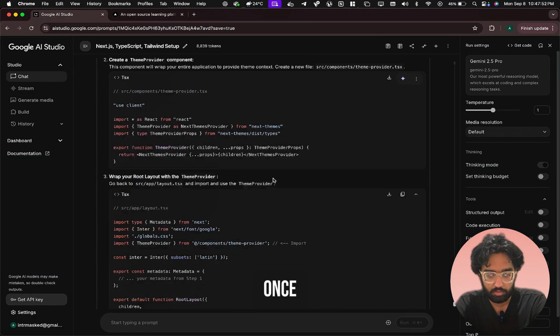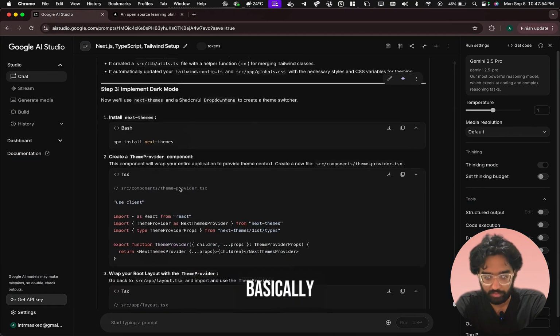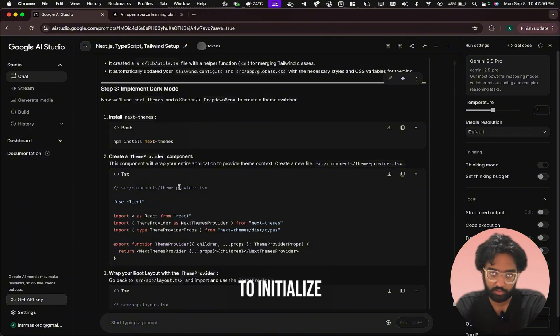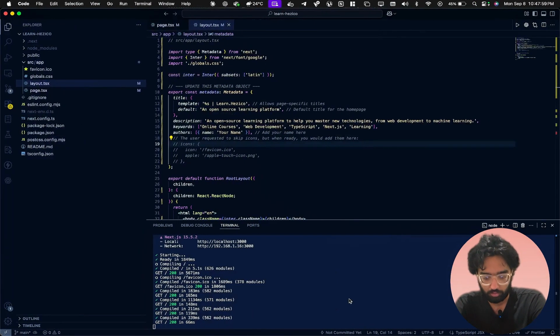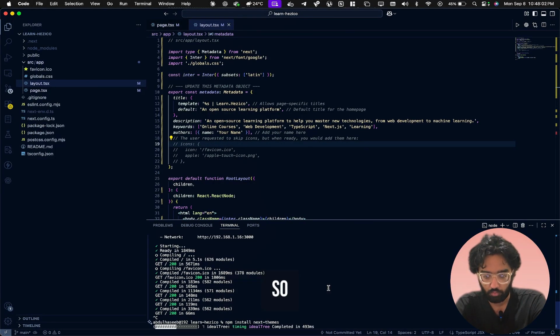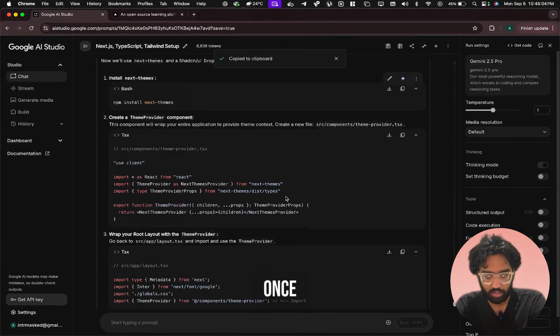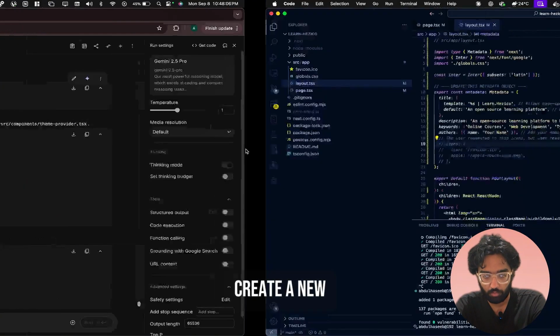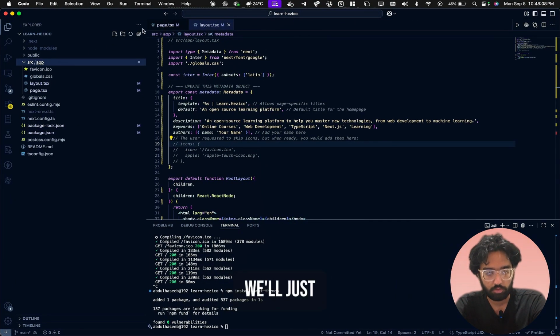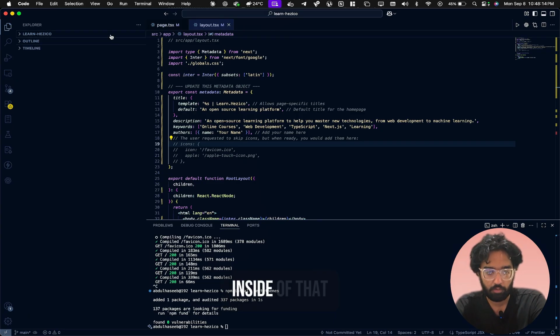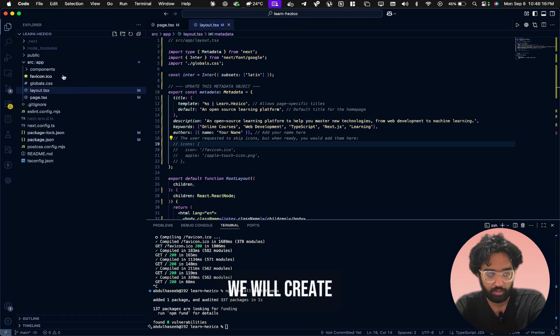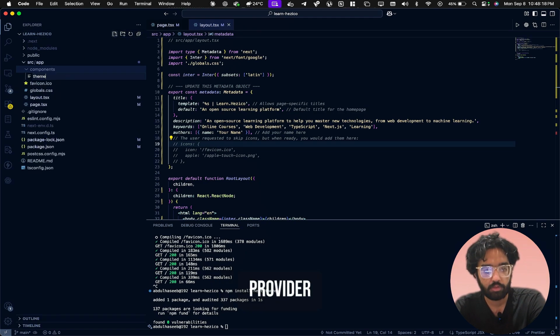So once this is done, now it will basically give us the steps to initialize dark mode. For that, it wants us to install a package. Okay, so we will install next themes. Once that's done, it wants to create a new component. So for that, we'll just go into our apps folder, create a components folder. Inside of that, we will create a theme provider,